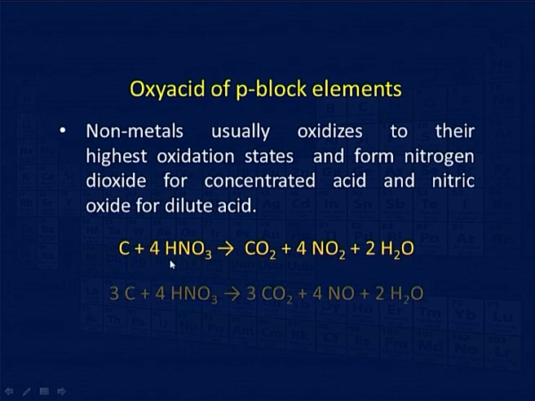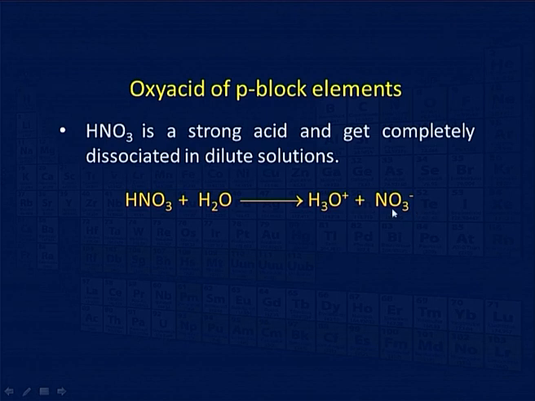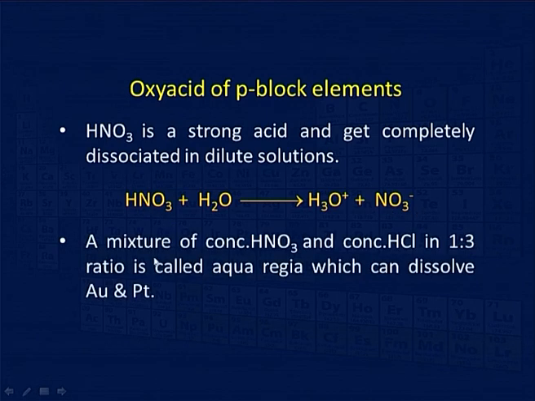This is the reaction, and this carbon is getting reacted with nitric acid, and nitric acid is a strong acid, completely dissociated in the dilute solution. It is the formation of hydronium ion after getting dissociated. A mixture of concentrated nitric acid and hydrochloric acid in proportion 1:3, means 1 part of concentrated nitric acid and